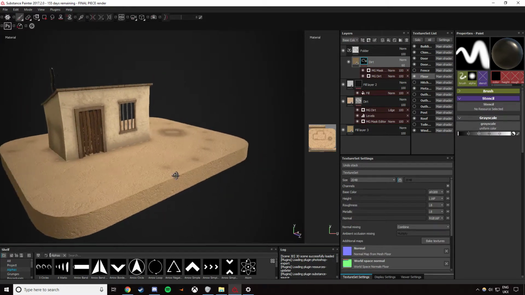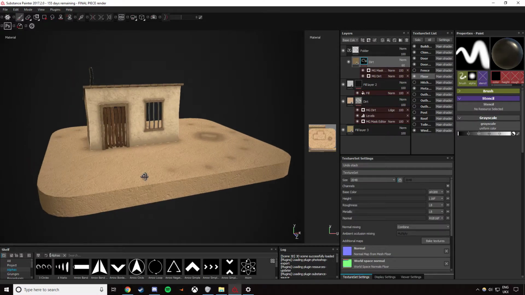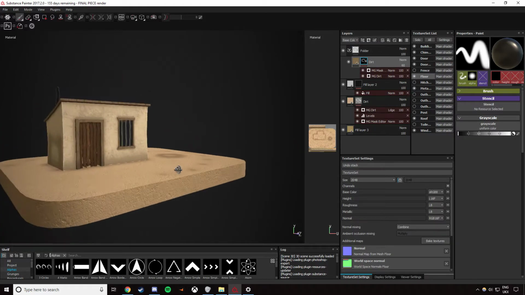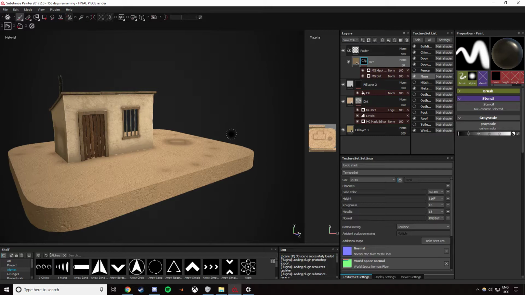And I think I've done a good job here. I'm really happy with it. Goes well with the building. Obviously the building I wanted to be a different kind of shade. This is a bit darker, the floor's a bit darker. So yeah, really happy with that. So let's move on to the fence,